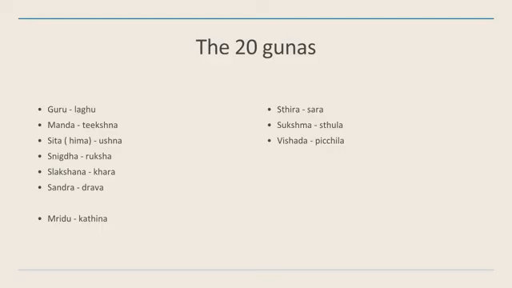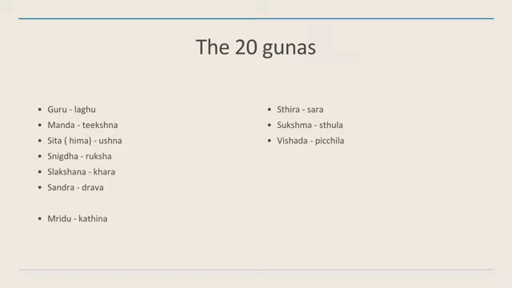And then we have learned about the 20 gunas which Ayurveda talks about. They did not talk about the 20 gunas as it is, but in bunches of 10 opposites, making 20. That means it is a dual. If you want to balance one guna, you have to give the opposite one. For example, if you want to balance Guru, you have to give Laghu, or if you want to balance Laghu, you have to give Guru. Likewise, the sets are taught.